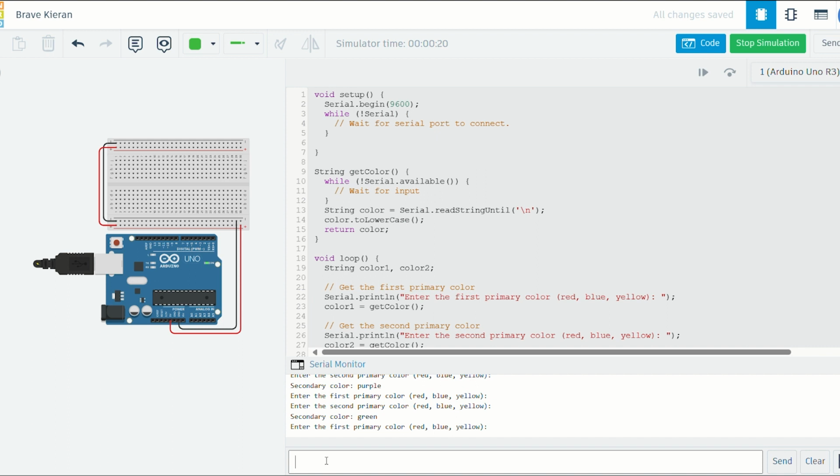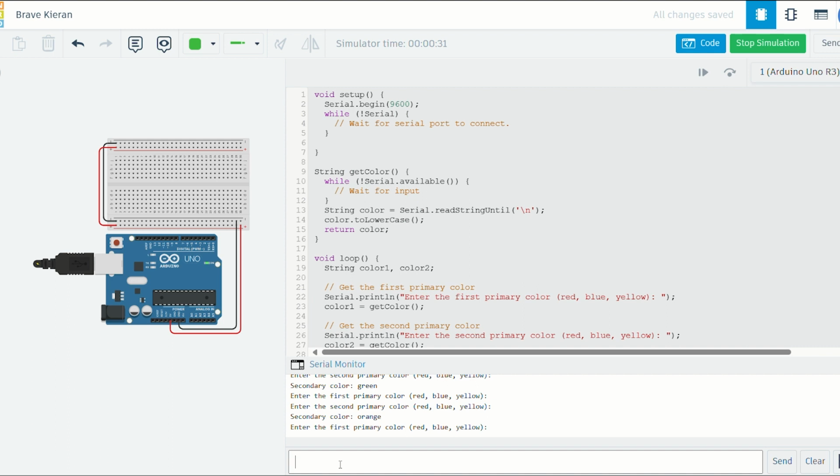So for the third one, let's try red first for the first primary color, then yellow for the second primary color. So the output of this is the secondary color, orange. So now let's try inputting colors that are beyond the range of the primary colors.